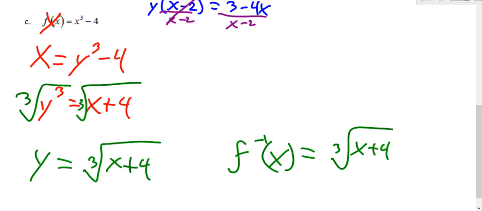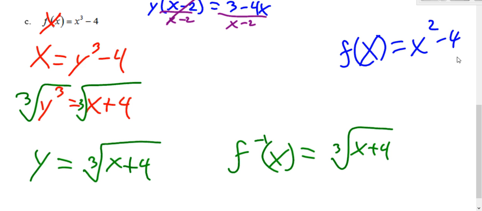Now, a couple things to remember. Since the index was odd, you don't have to do the plus or minus, because the index was odd. Also, if that was an x squared instead of cubed,